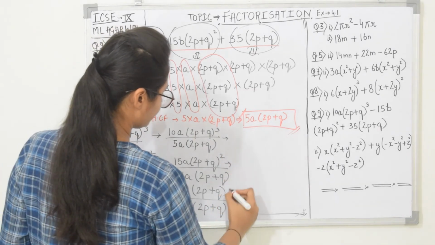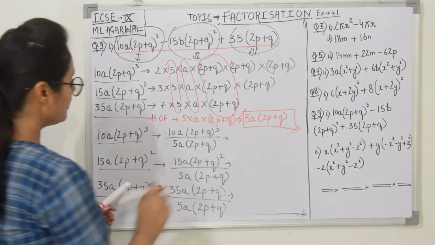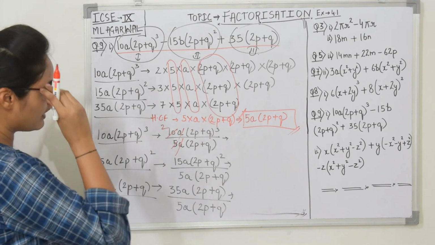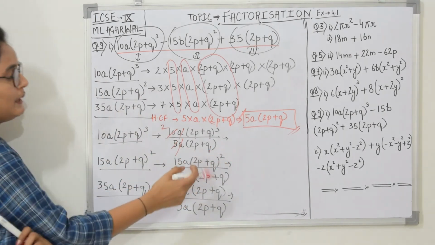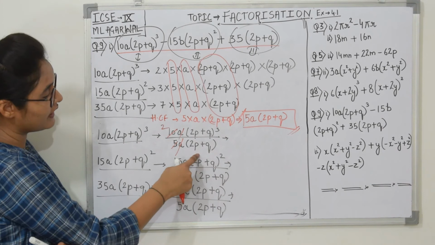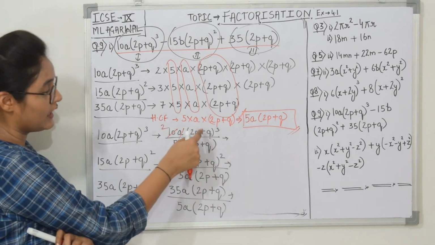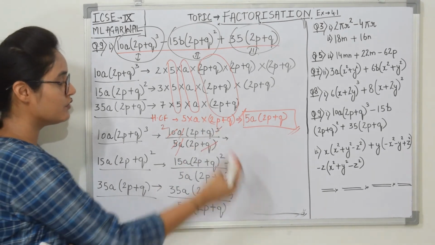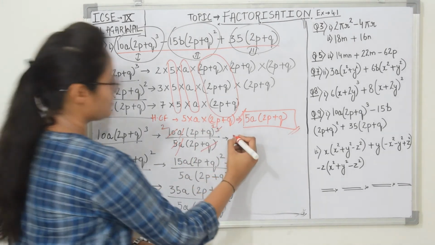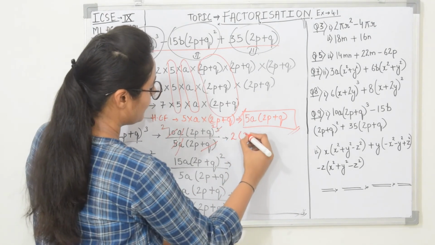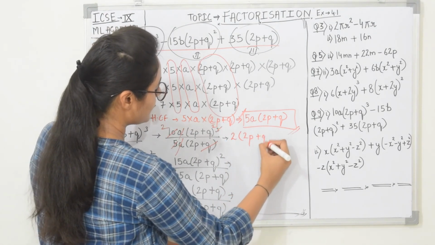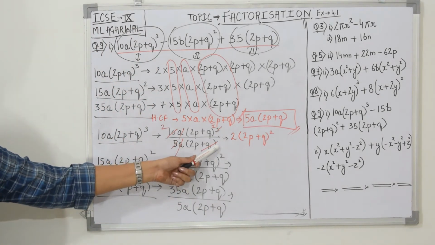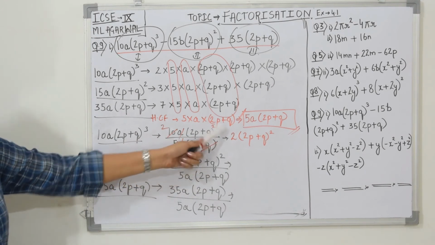Okay. Now just divide it down. A and a is going to be cancelled out. 10 is going to be cancelled out 2 times with 5. Now see, 2p plus q, in the denominator we are having 1 as a power 1. In numerator we are having it as a power 3. So when you are going to cancel out 1 with this, you will be left with what? 2, right? So the remainder which you have left is what? 2 outside the bracket p plus q to the power square. Okay, because 3 was there, only 1 was there in the denominator, you have cancelled 1, you have left with